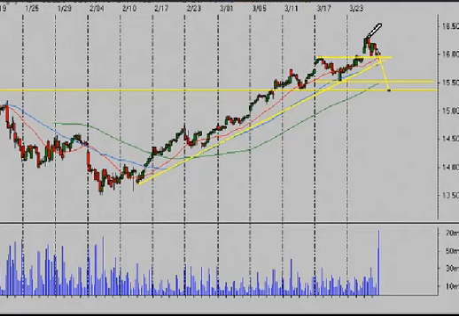I saw some talk about the XLE, how that was breaking down, and realistically, I guess it's breaking down, but it's really still in this bigger range. It's pretty much neutral, breaking down from the midpoint of that range maybe, but it doesn't look like a big breakdown necessarily. So what else did I want to look at? Well, gold. Gold looks like just kind of a more neutral market in here than anything.